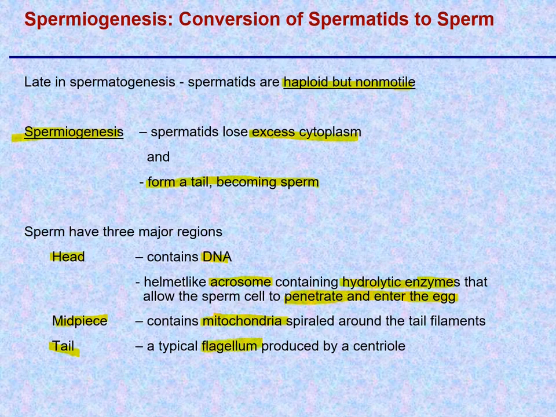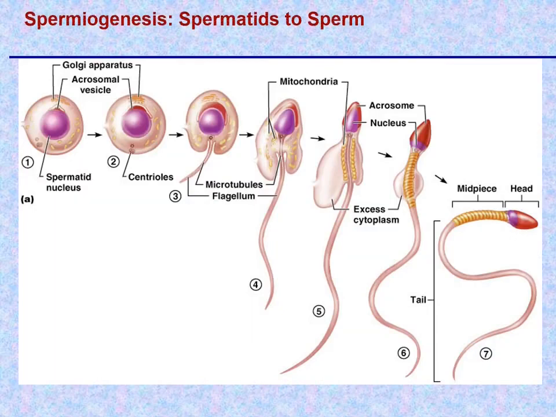It's the only cell in humans that has a flagella, but it is not really constructed any different than flagella on a protozoal organism, a single-celled organism that lives in a pond. It's very similar in structure. Here you see a head with the acrosome on the top here. The acrosome, the nucleus is just below that in this purple area here, and this is the mid-piece that's filled full of mitochondria. And of course the tail. I just want to point out to you